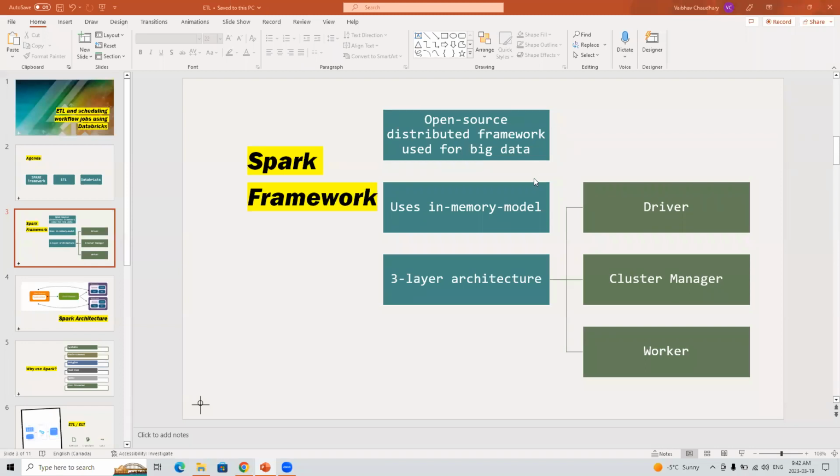And what happens is that the code, when it's submitted to the driver, it actually goes to the cluster manager. The cluster manager will assign how many laptops or nodes we need, and in that way, we can have multiple nodes.